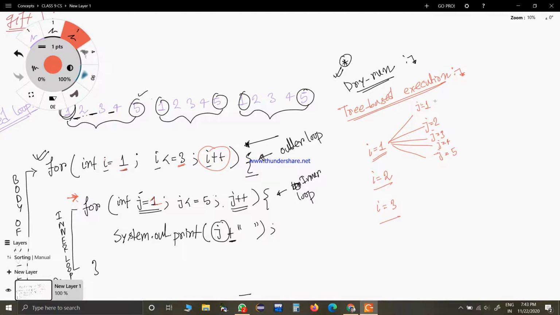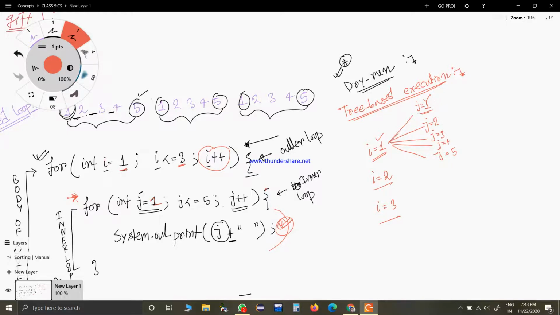So for j equal to 1, now you see, for I equal to 1 and j equal to 1, this statement will be executed, because each and every time this loop starts from here and comes again. This statement is printing the value of j.